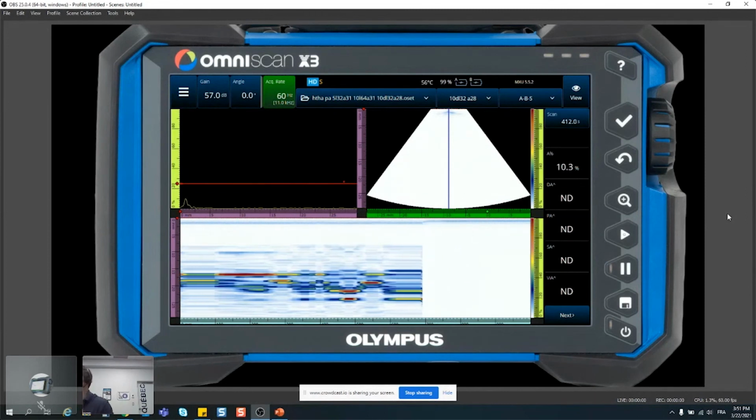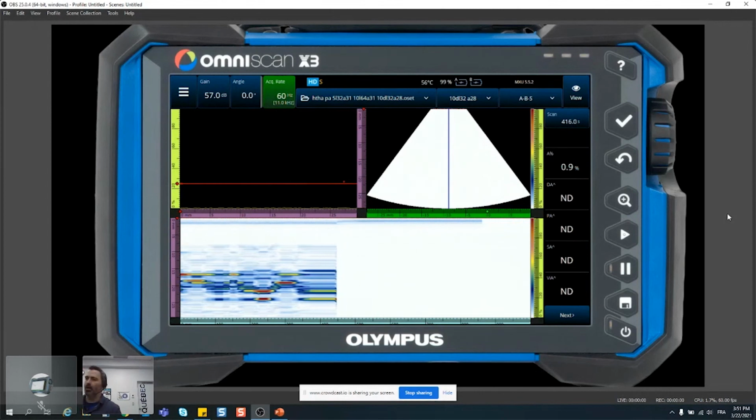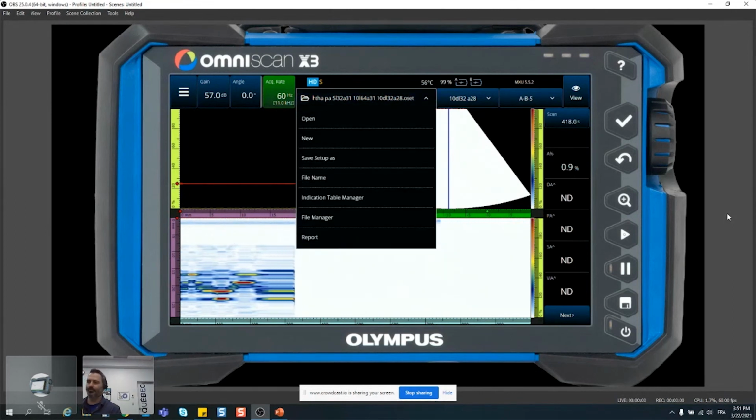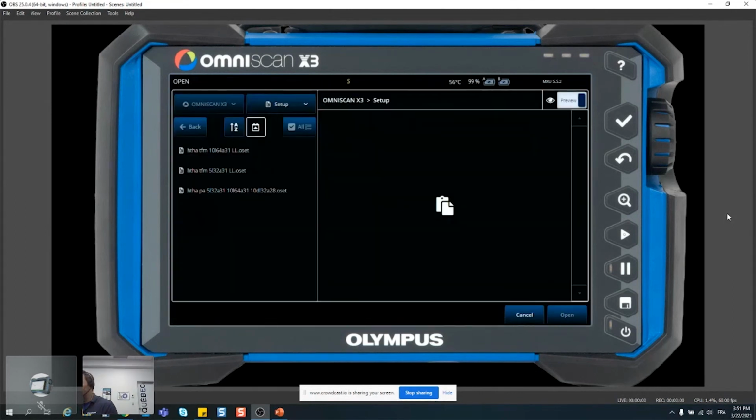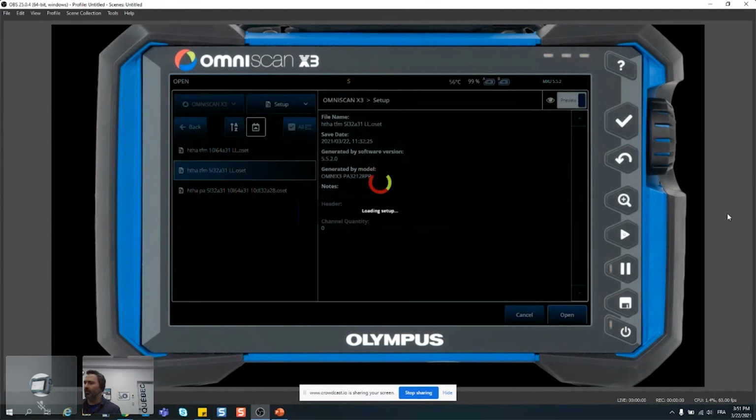We also spoke about TFM, so I will demonstrate this one as well. Starting with the 5 megahertz A31, and you might wonder why a 5 megahertz A32, why not a 10 megahertz 32 element?